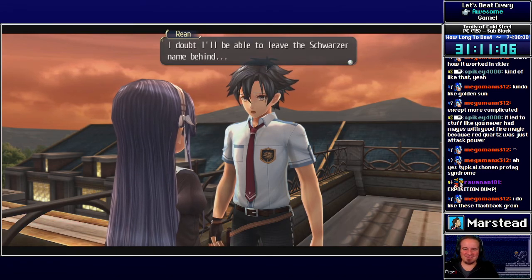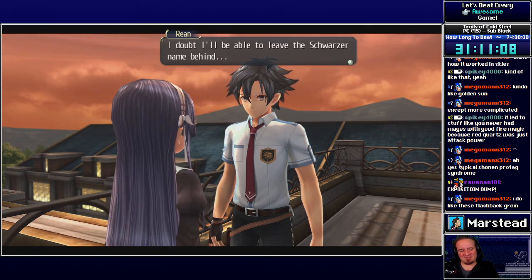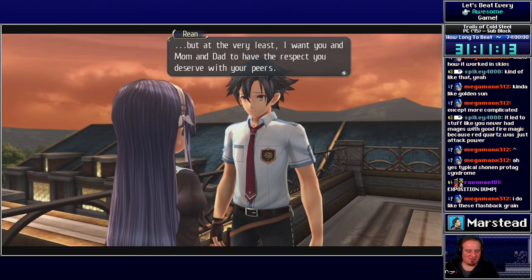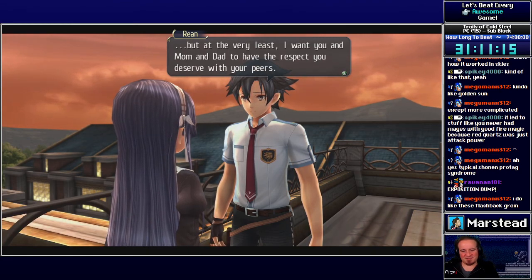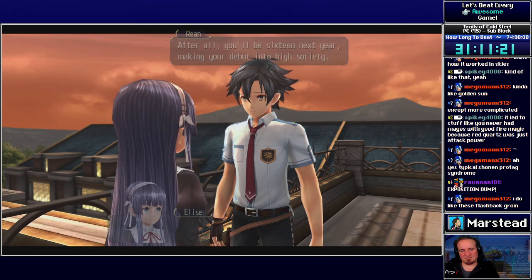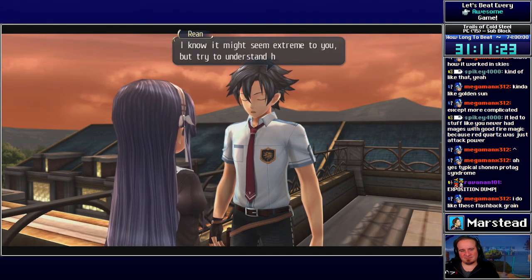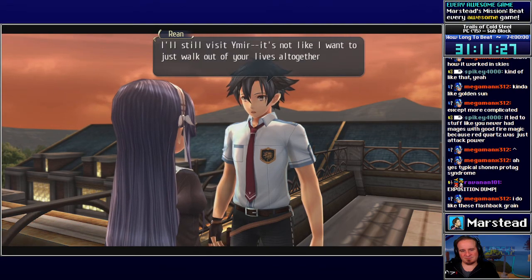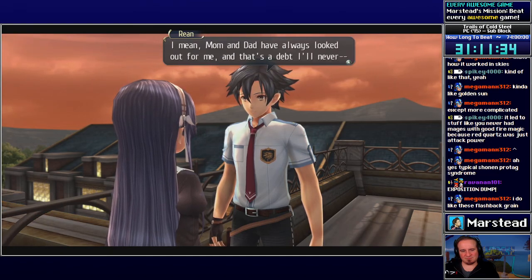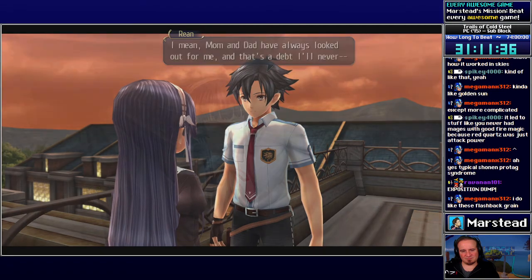I doubt I'll be able to leave the Schwarzer name behind. But at the very least, I want you and Mom and Dad to have the respect you deserve with your peers. They know when they're going too far. After all, you'll be 16 next year, making your debut into high society. I know it might seem extreme to you, but try to understand how I feel. I'll still visit. It's not like I want to just walk out of your lives altogether. That's not it. I mean, Mom and Dad have always looked out for me, and that's a debt I'll never...